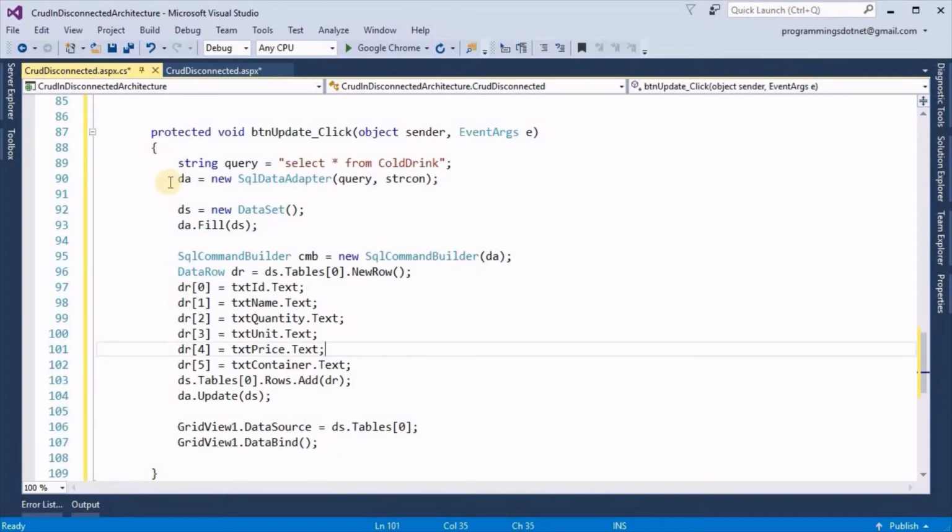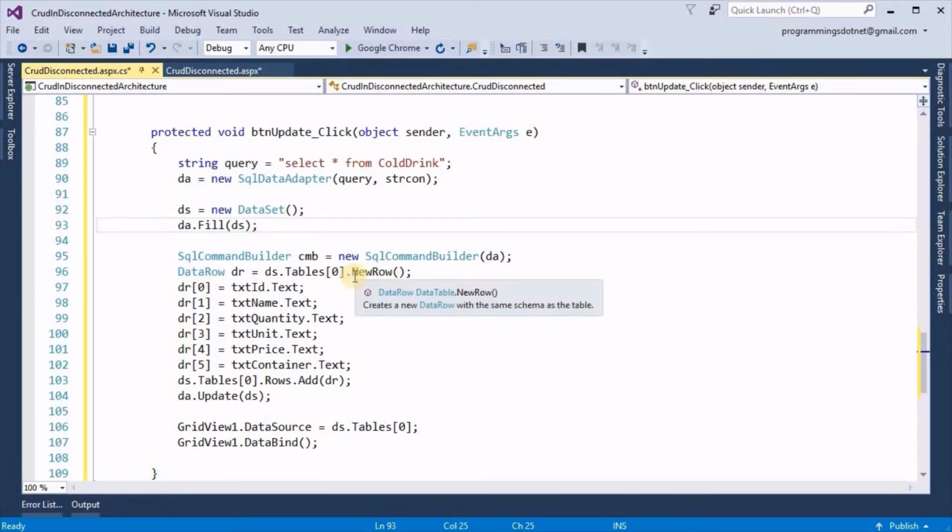These things will be same. First, we will fill the data set with data, that is, with all records from the cold drink table. Means fill the data set with the cold drink table,